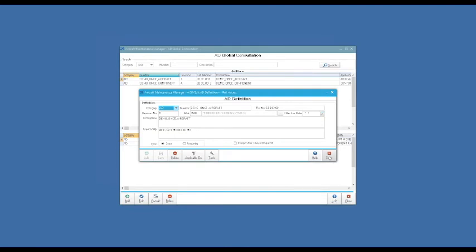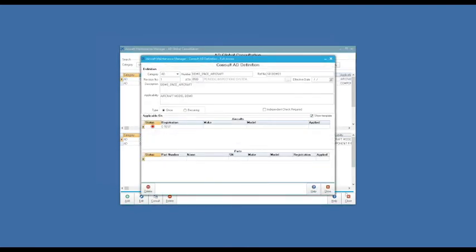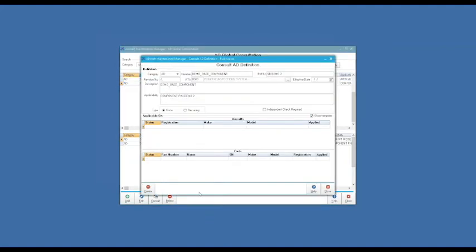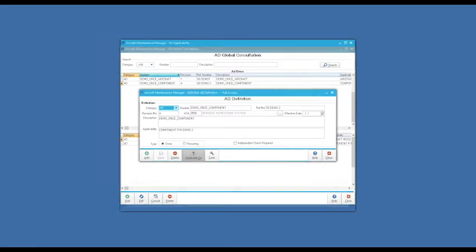So let me show you. I think this one has already something. Yes. If I take this one, for example, then I edit it and I do an applicable on.